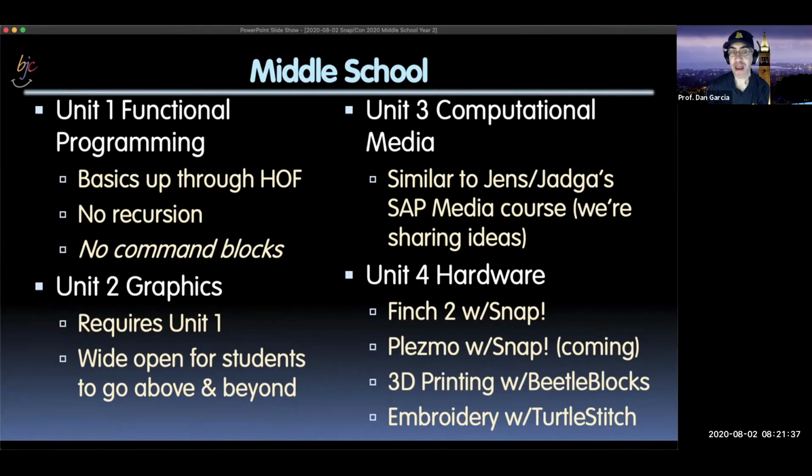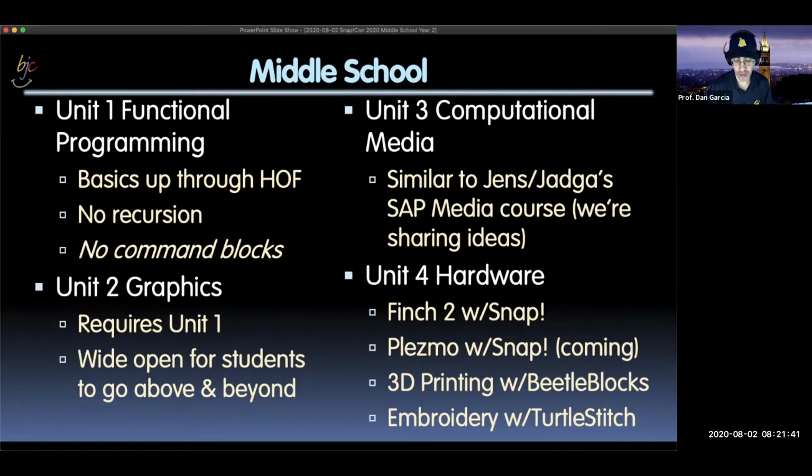So this is wide open. Each one of the things in the graphics unit was wide open for students to go above and beyond. Even from the first one, the home fun activity would be like 8 activities. The 9th one was always go someplace fun with this, take this someplace new. It was harder to do that when you're first learning the basics, but very quickly I had people getting excited about it and adding more things to it.